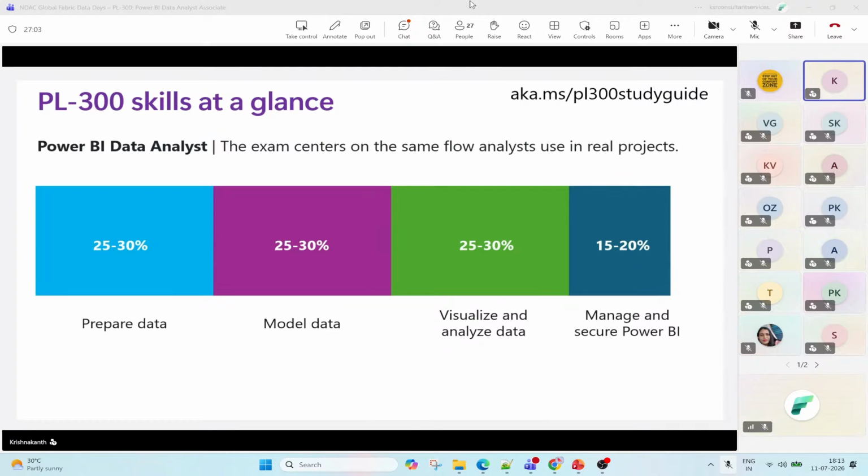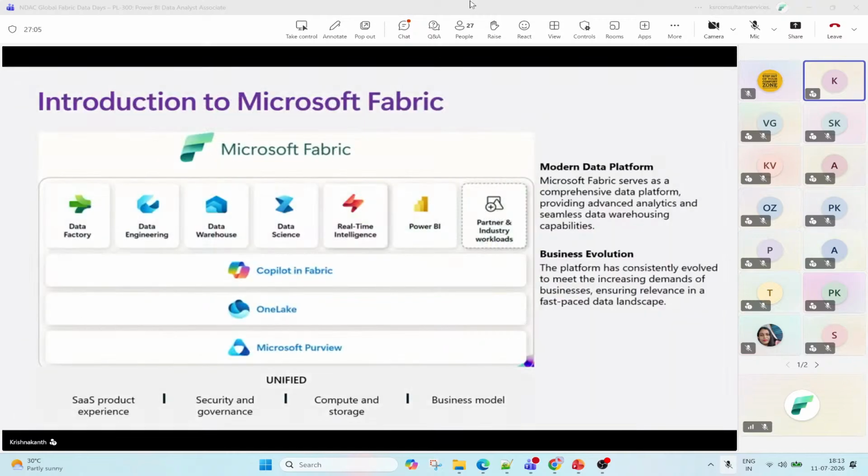So moving on, we have Fabric. Earlier we used to get different licenses. If I wanted to work on Azure Data Factory, I needed to get an individual license. If I wanted to publish my report into a workspace, I needed to request a Pro license, either Premium or Pro, right? So Microsoft came up with Fabric in November 2023, where we can utilize all these workloads under one Fabric environment itself.